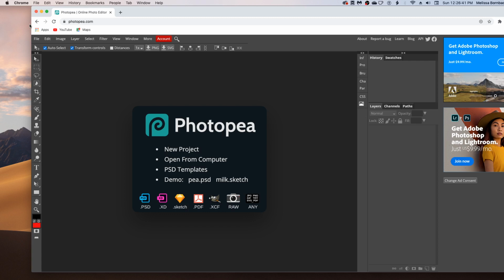Welcome. I'm going to show you how to edit the 3 Cupcake Mockup in Photopea. So go to photopea.com in any web browser,